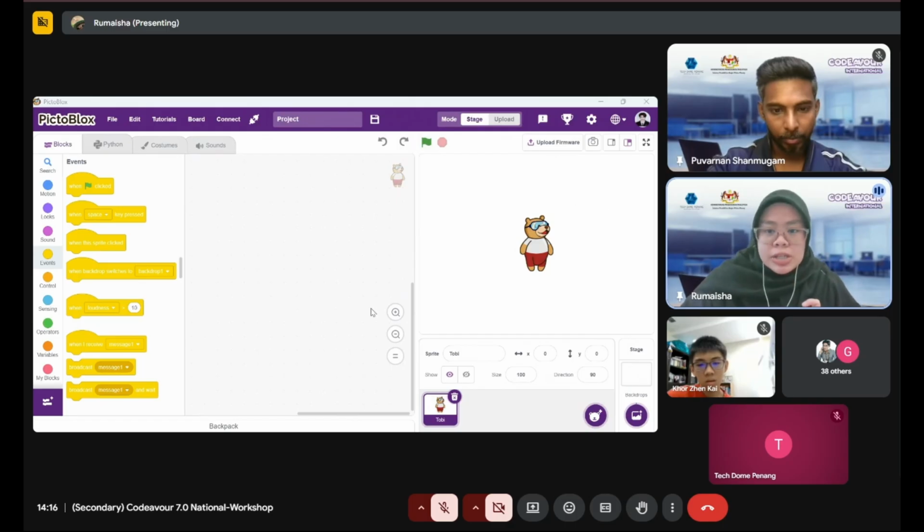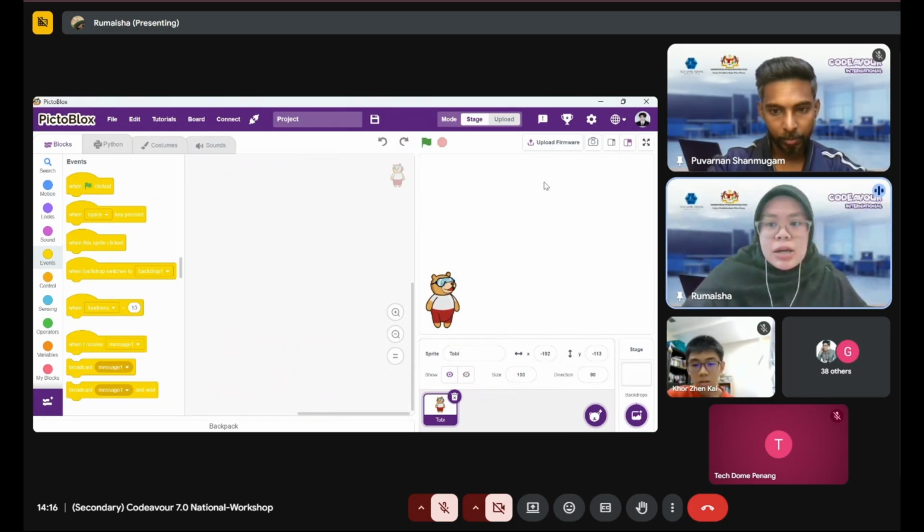This one is the stage. Around here is the stage. Okay, and this character is named a sprite. Oh yeah, I want to explain also. You can also actually